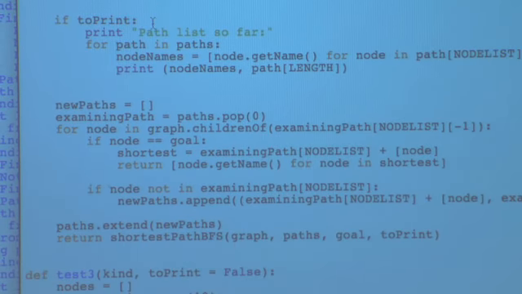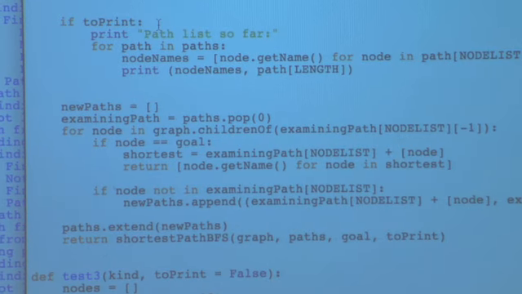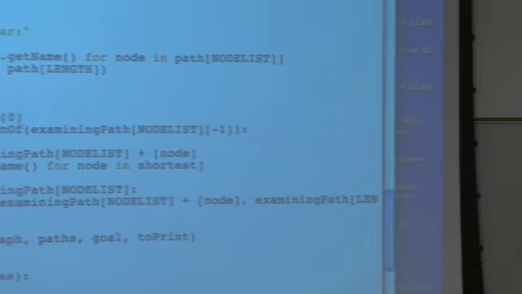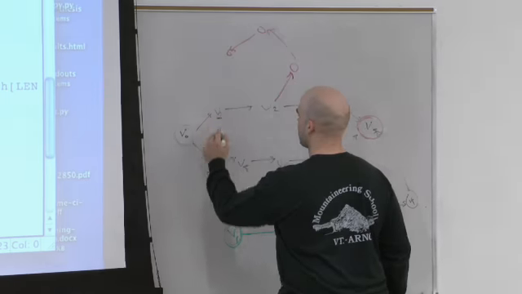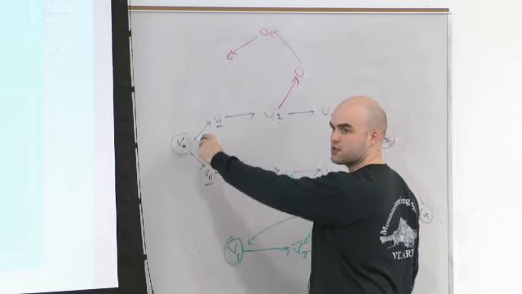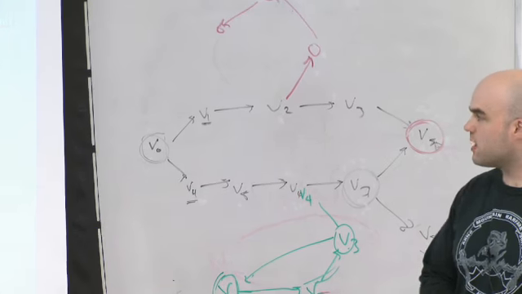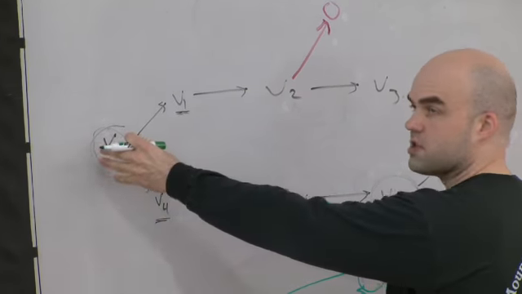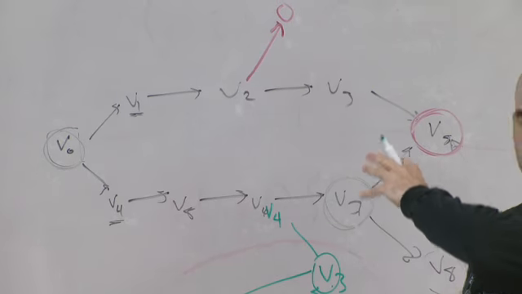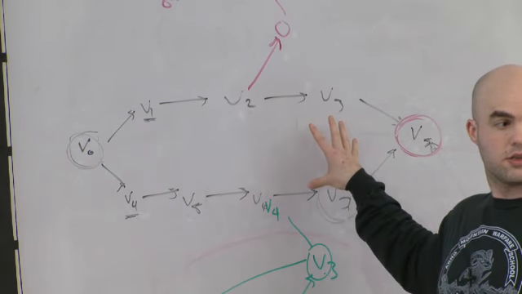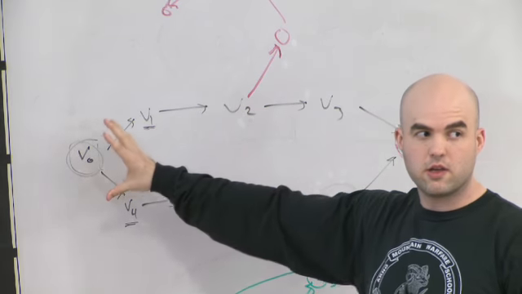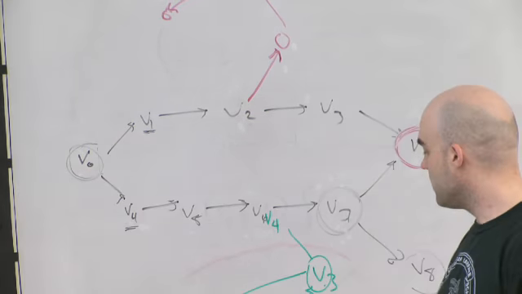Okay. So the idea behind breadth first search is that instead of asking the question, what's the shortest path from V1 to V4, and adding ourselves to the front of that to get the shortest path, we're going to build the paths from the start outward, or from the start forward. In the DFS case, we were building the paths from the goal backward. In this case, we're going to say,